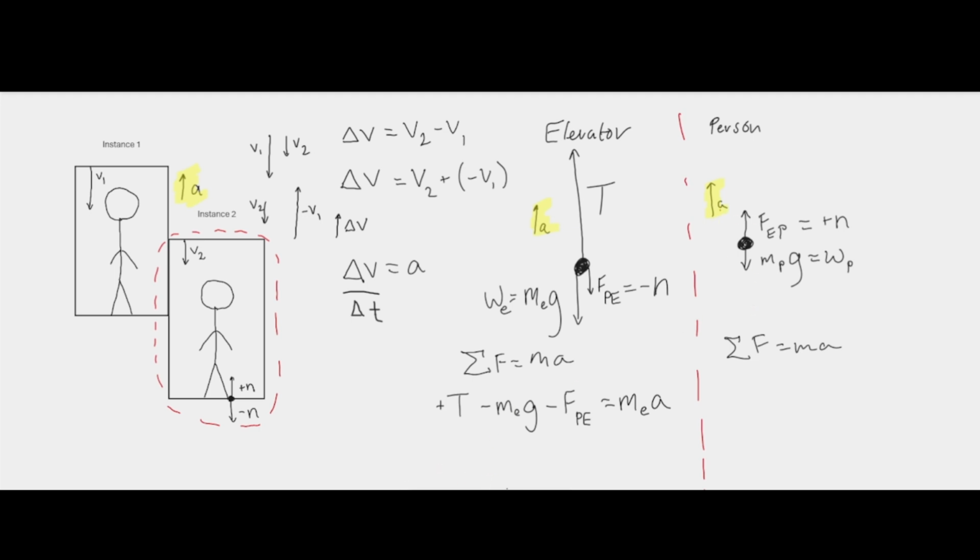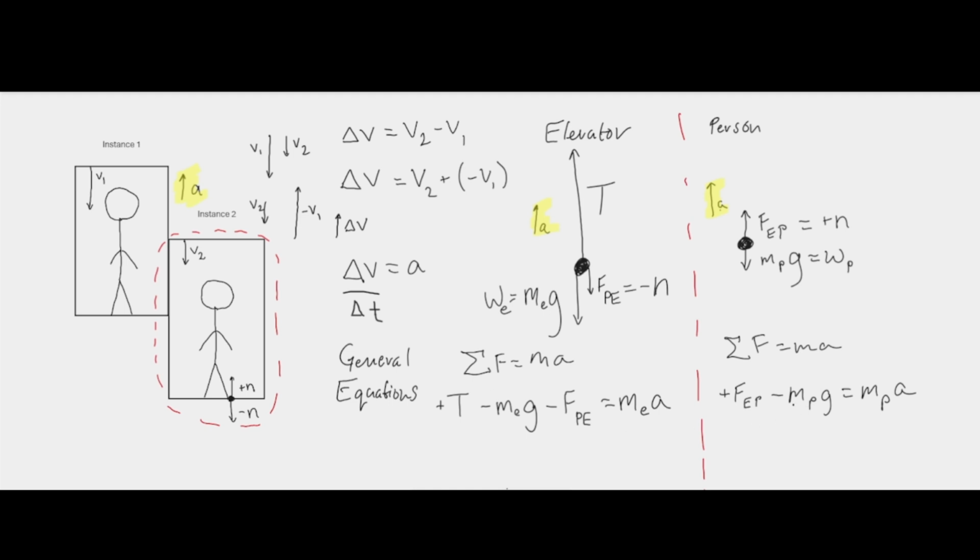Now I'm going to do the same thing for the person. So I sum up all the forces. I have a positive force of the elevator on the person, and I have a negative mass of the person times gravity, and this is equal to the mass of the person times acceleration. So again, I've just rewritten what Newton's second law tells me to write. And from this point, now we have the general equations,